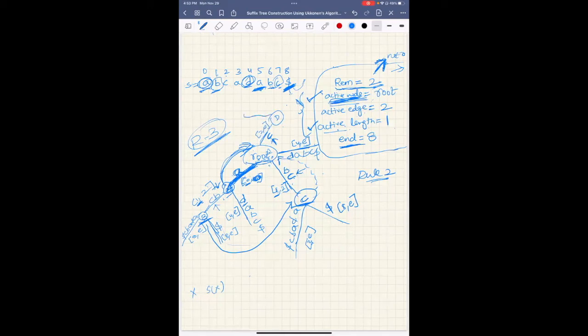So one thing is ADABC dollar, which will be 3 to end, and dollar, this will be 8 to end. So we have created a new node now, and I have created a new leaf node. Now we can decrease the